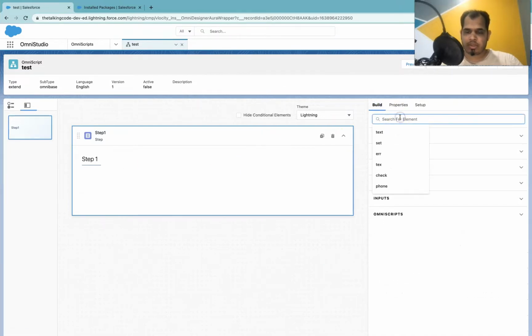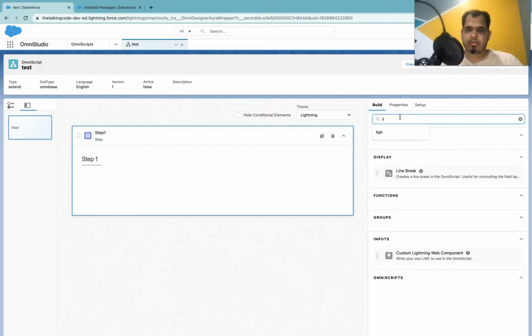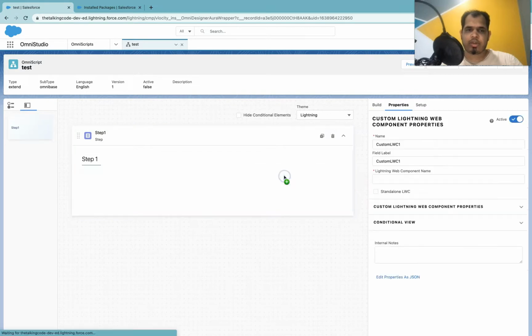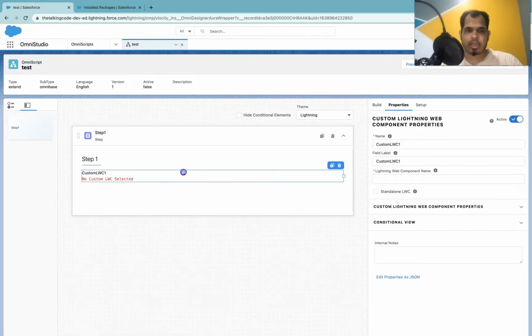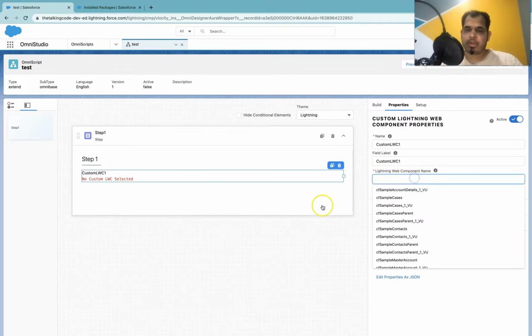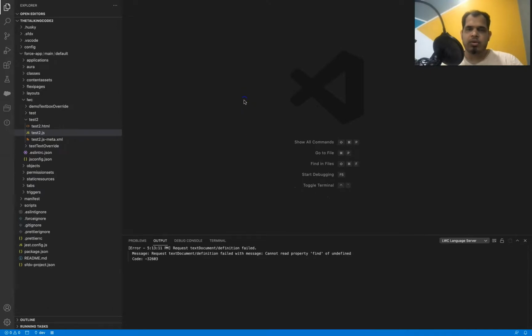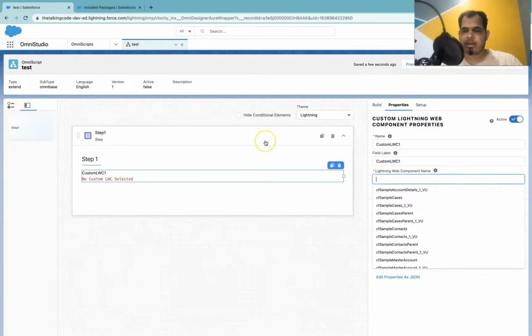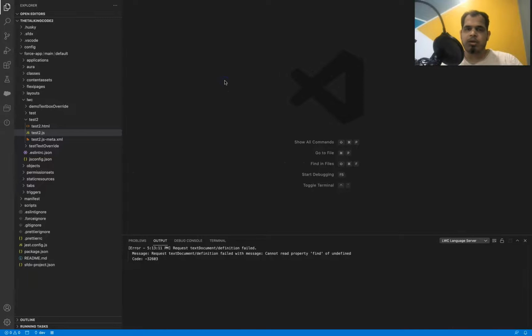What we will be doing here is, in the OmniScript, we do have this custom lightning web component, so we will drop it into the step, and then we will provide the name of the lightning web component. Okay, so let's go ahead and create one lightning component which will be extending this OmniScript.